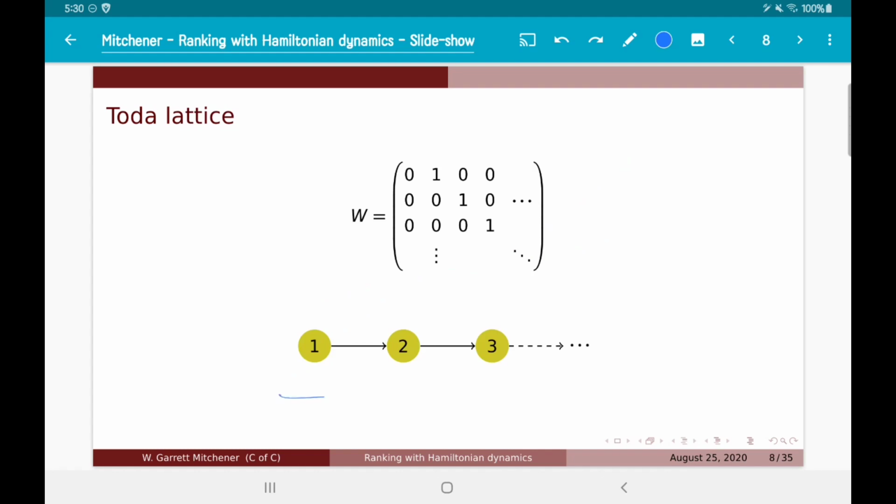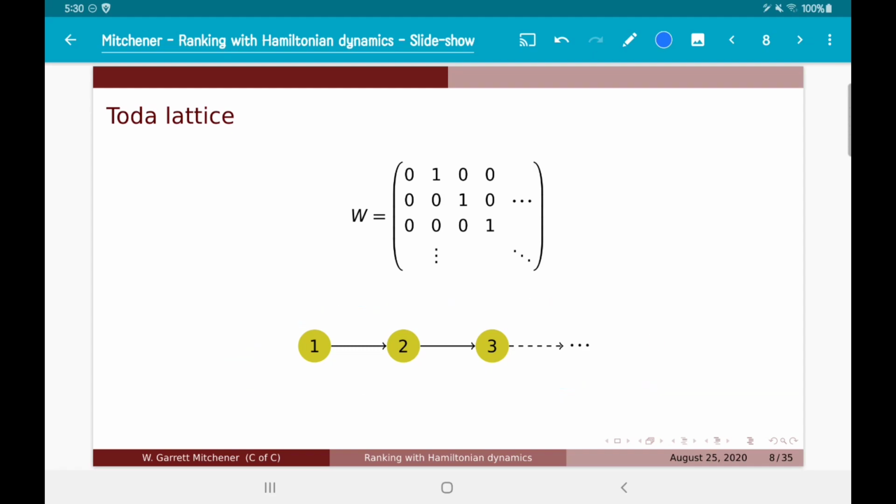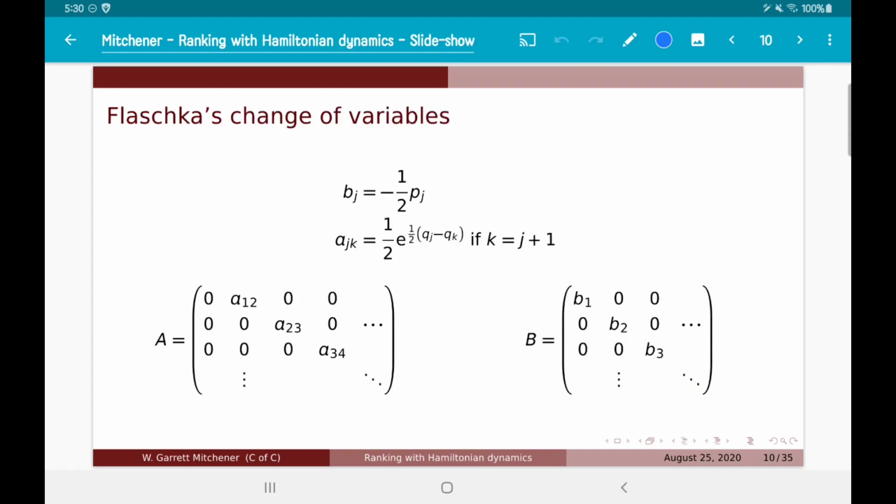So this is a sort of trivial ranking problem. All the items come in an obvious order and there's nothing interesting going on. So is there a way to generalize Toda dynamics in a way that admits more interesting ranking problems? To attempt to do this, the best approach that I found was to do a change of variables. So with this, you incorporate the dynamics into these new variables,